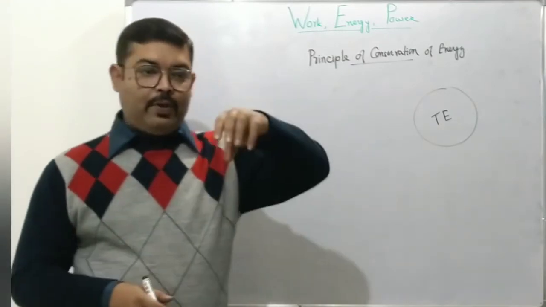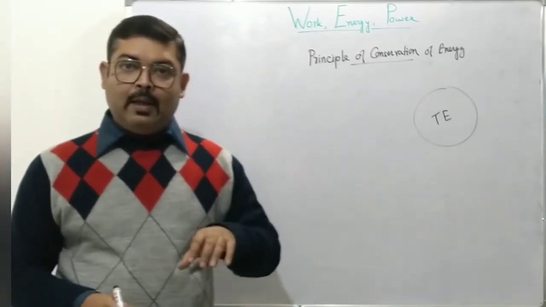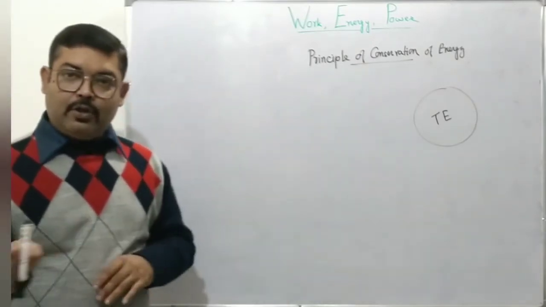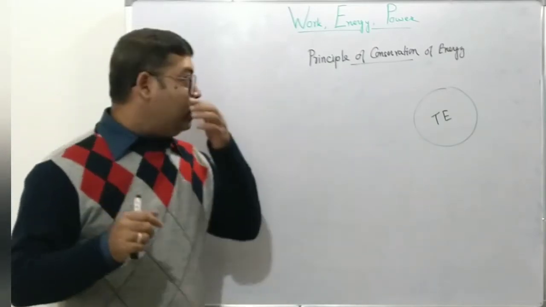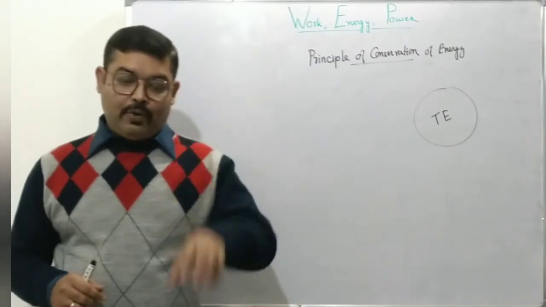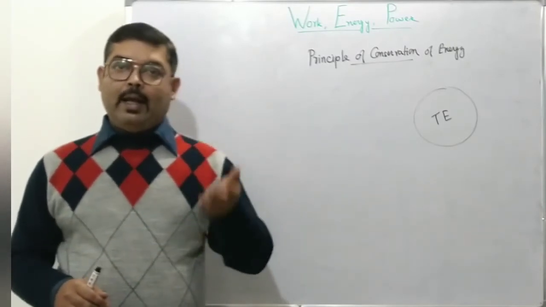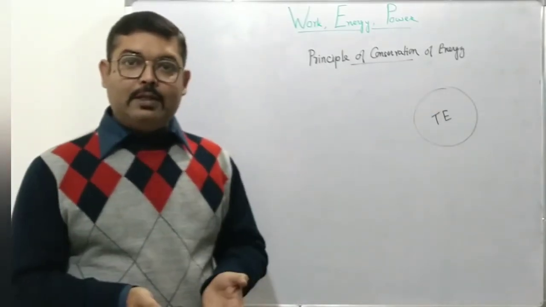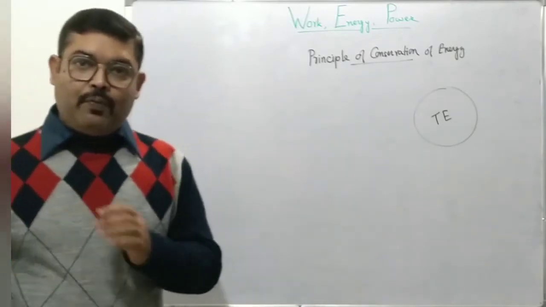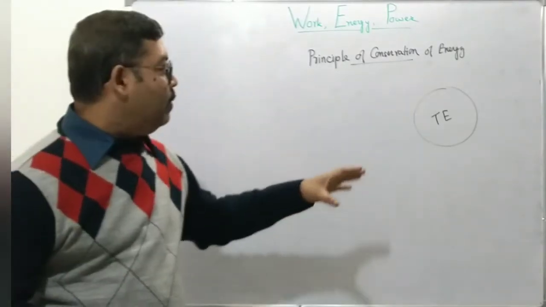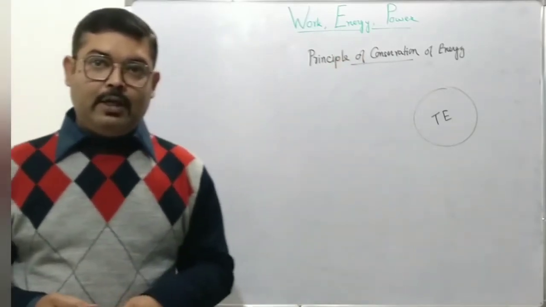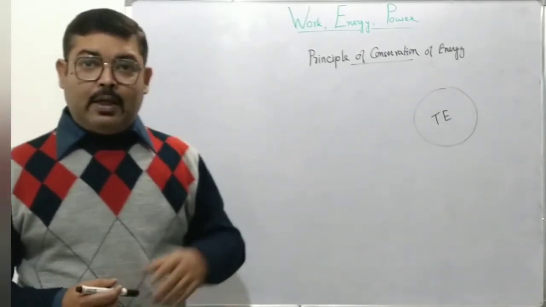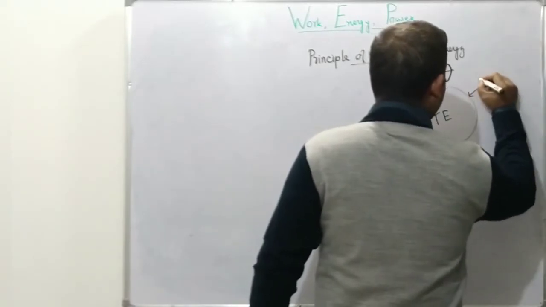In our experiment, as we said, when we released the ball and it reached the ground and it came back, we can consider the ball and the ground to be a single isolated system, and it is not interacting with anything else. In that case also, whatever the total energy, it's changing form from potential to kinetic to heat to sound, again to kinetic and then again to potential. It is doing that. However, the total energy of the system will be within the system and it will never be lost. It will only be converting from one form to another. Yes, we might not be able to do useful work from the energy, but the energy will still be contained there. If it is true that energy of an isolated system doesn't change, then we can also consider that this isolated system is our whole universe.